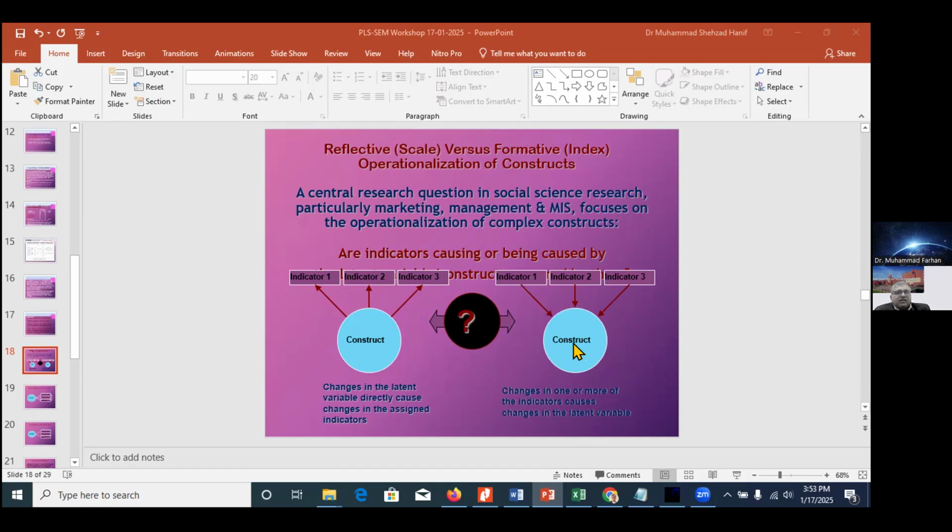It is actually explaining the construct itself. It is making some part in its explanation. Although this concept is not the right word, just to give you the clarification, where the arrows are inward, you can say that indicator 1 is actually forming the construct. So in total, this construct is formed by three indicators. So this will be the formative construct. We move on and try to explain with an example.